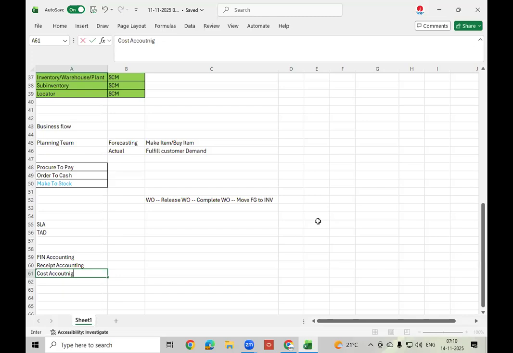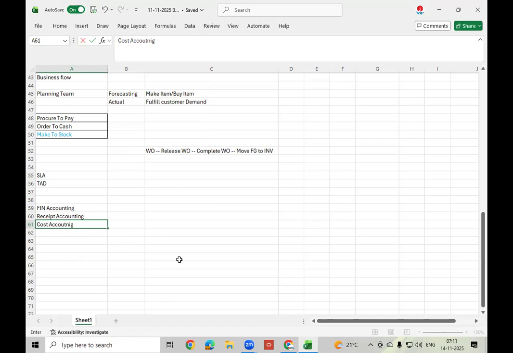These three areas will have accounting entries: financials, receipts, and costing. For any transaction in the organization or in the application, if you create a transaction, for that transaction we must have an accounting entry.